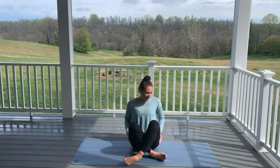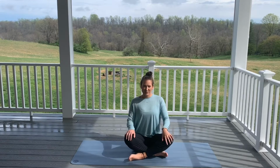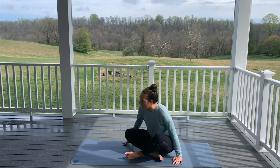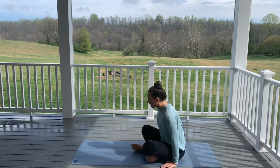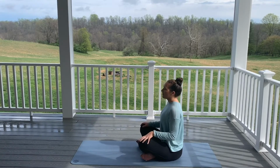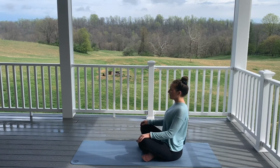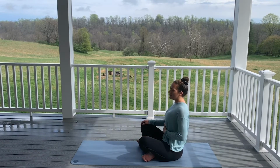So go ahead and make your way into a comfortable seated position on your mat. I'm going to turn to the side so you can see what we're doing a little bit better. And from here, think about lifting your head up towards the ceiling. So rising tall, lengthening your spine. And as you lengthen your spine, think about engaging your core to maybe even lift your back up a little